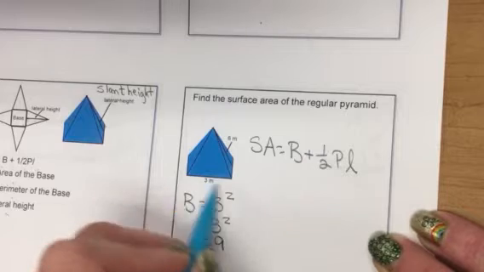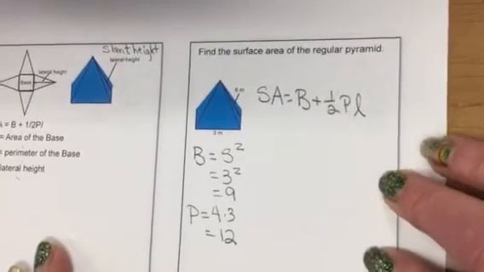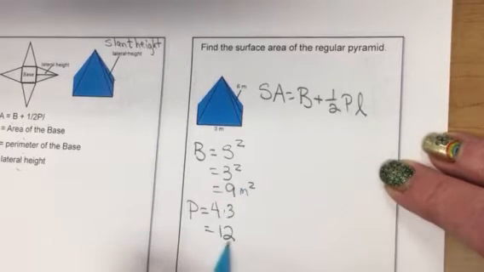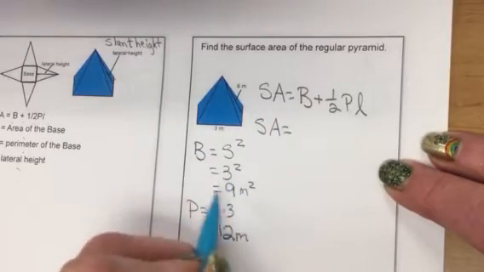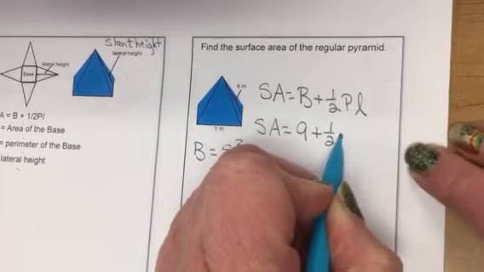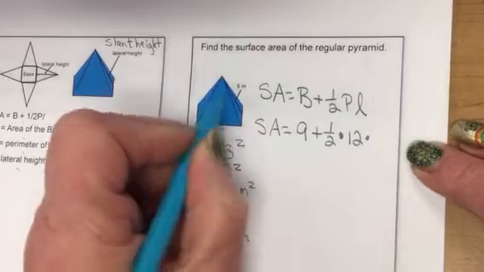Perimeter of the base, 4 sides, 4 times 3, 12. That's not any different than what we were doing before. 9 meters squared, 12 meters for perimeter. So my surface area is capital B, 9, plus 1/2 times the perimeter of 12 times the slant height